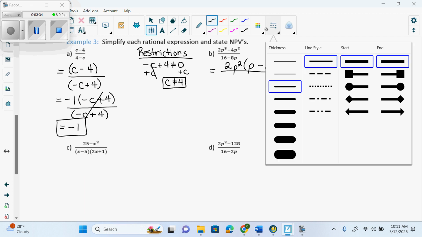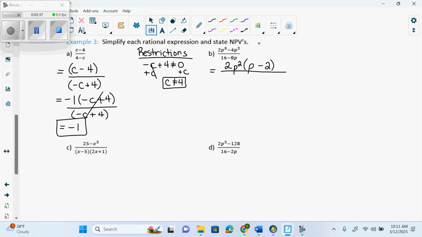Okay? We're going to remind ourselves that the p minus 2 is sewn together by titanium. So that's a binomial. This 2 and p squared, are they sewn together? Is there any plus or minus sign between them? The 2 and the p squared? No. So they're monomials. I can put them in their own brackets. Now some people are like, I'd rather not. You do you. But I learned that the people who actually put them in separate brackets get the question right more often than the people who do not. So I would promote that every time you have a monomial, you write those in brackets